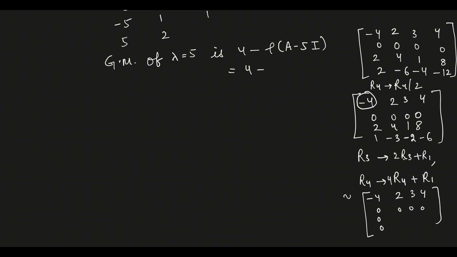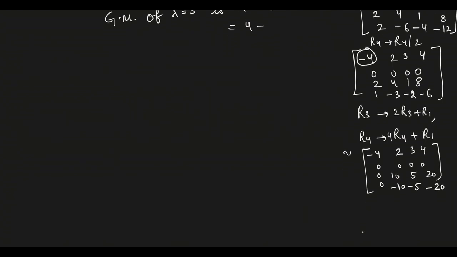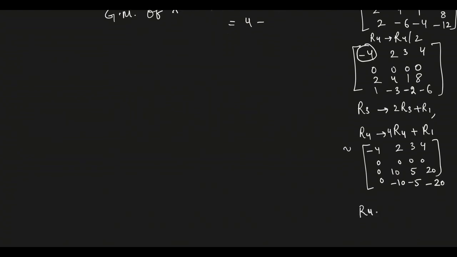Sorry, 2 times of R3. 8 plus 2, 10, 5, 20. 4 times of R4 means minus 12 plus 2, minus 10. Minus 8 plus 3, minus 5. Minus 24 plus 4, minus 20. 2 आ गया ना।